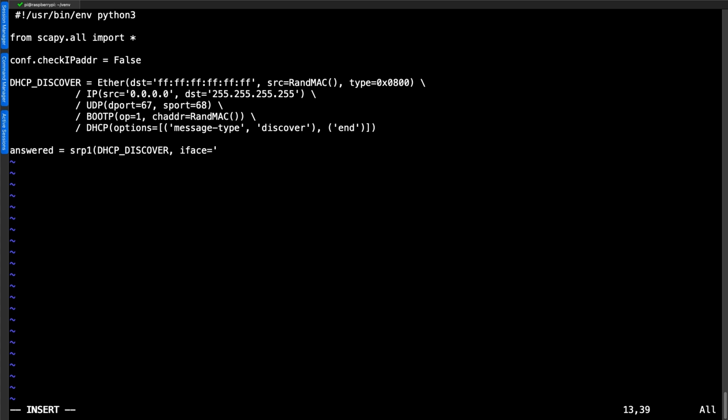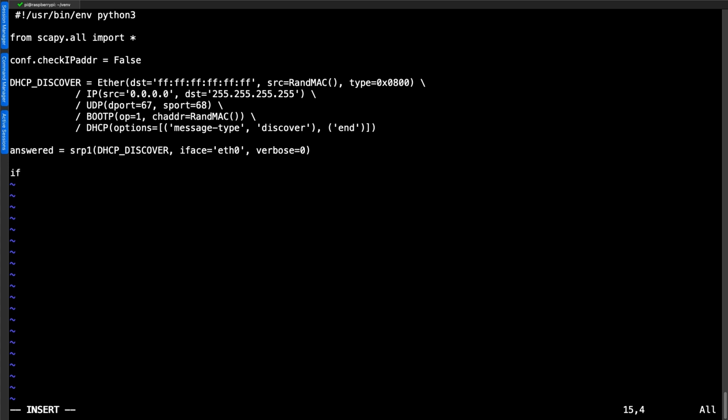So iface equals eth0. Make sure it's going out to your correct interface name. On mine, it's eth0, could be different on yours. And at the moment, we'll set the verbosity to 0, so we don't get any extra information showing on our screen. We can close off that function, so close off our round brackets.